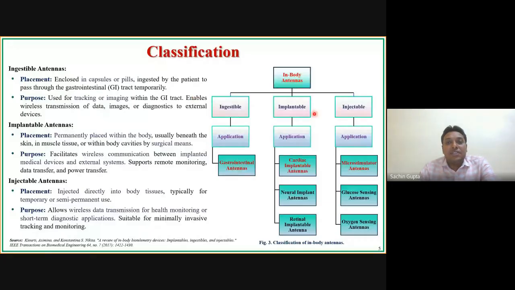The next type is implantable, and one of the most popular examples for implantable is a cardiac implantable antenna, which can be placed inside the pacemaker. Then we have neural implants and retinal implants. Then injectable, which is quite a new term, and people have just started working on these kinds of things, injectable antennas,